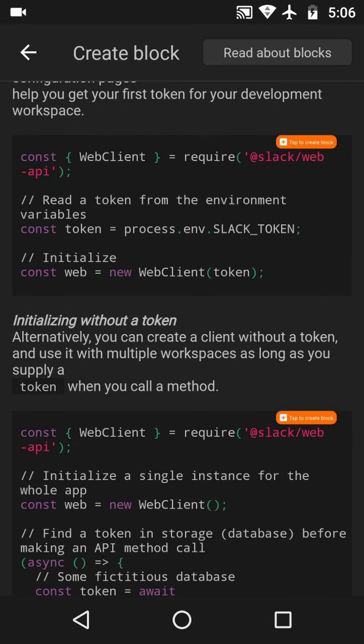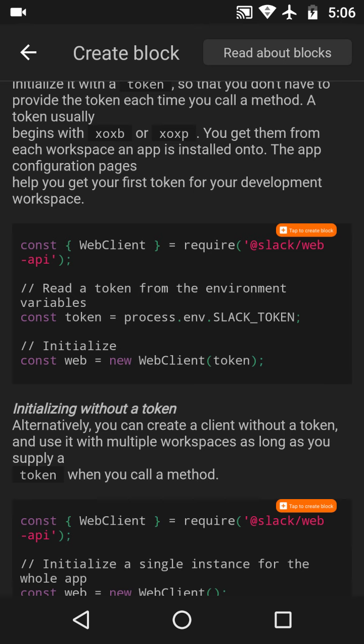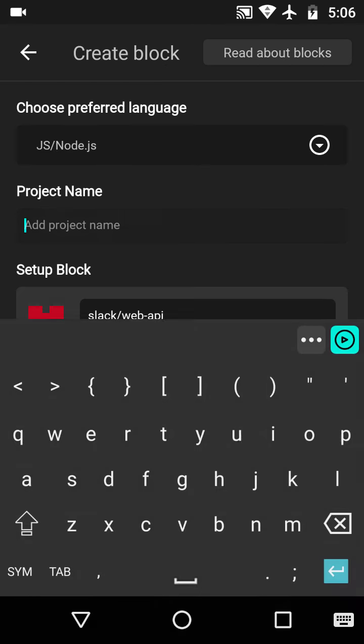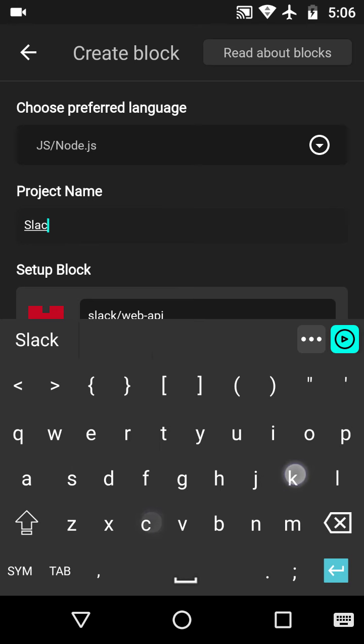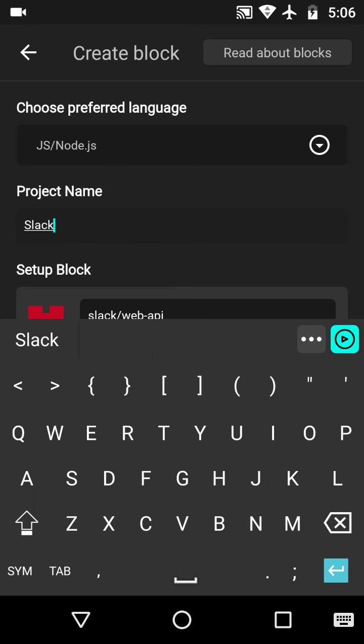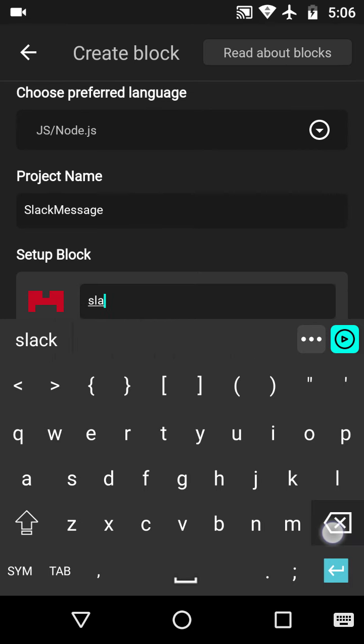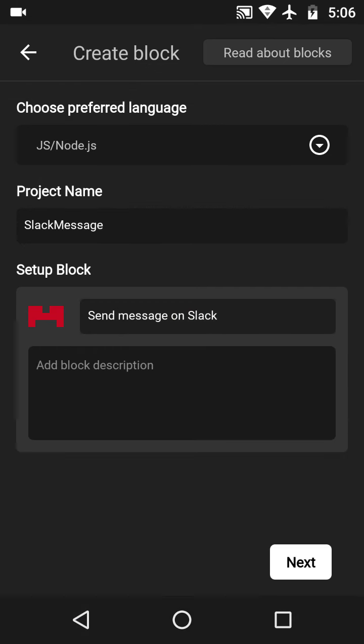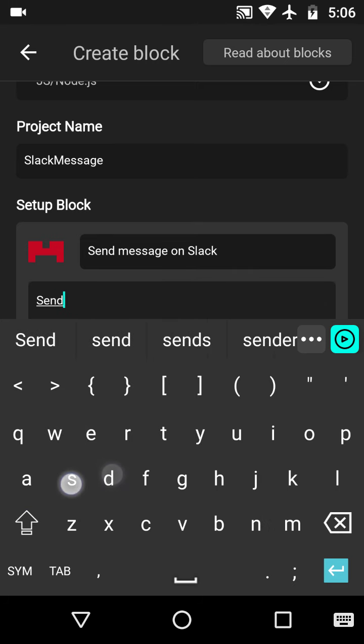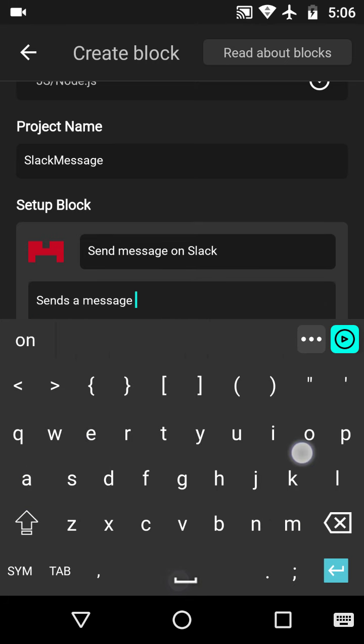Okay, we can see the readme and it looks like I'll need this code to create the block. Tap on it. Let's name the project Slack message and let's name the block send message on Slack, and the description can be sends a message on Slack.